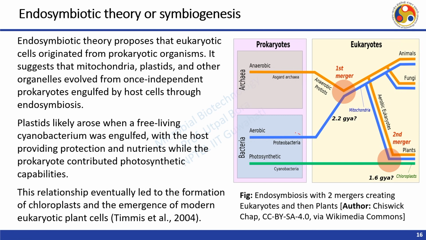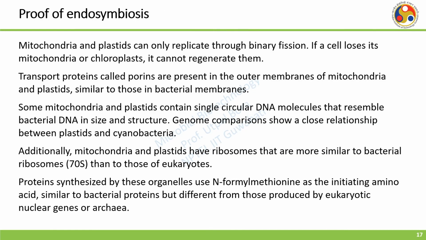Then this comes from the proteobacteria, as you can see over here. Then you have the cyanobacteria, which was photosynthetic, which got merged into the plant cells, and the plant cells also have the mitochondria. So, this is in brief the endosymbiotic theory or symbiogenesis, and this is how the eukaryotes probably acquired these independently existing microbes, and during evolution these became organelles inside them.